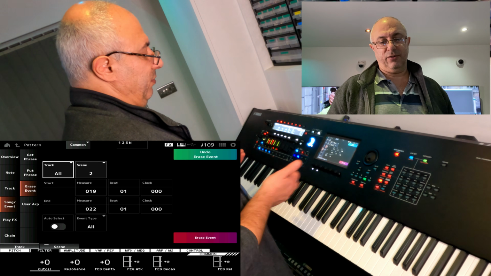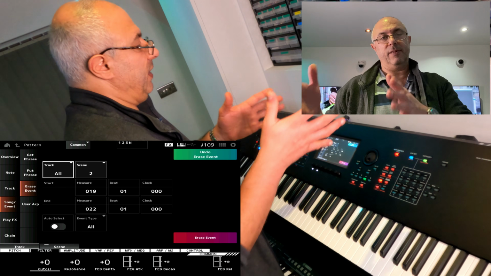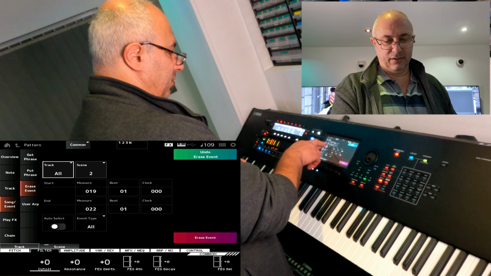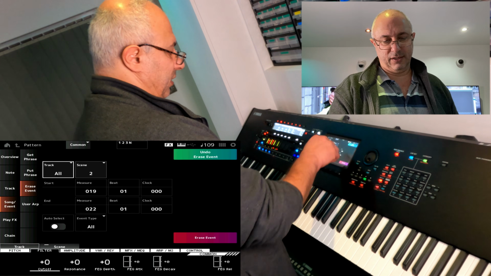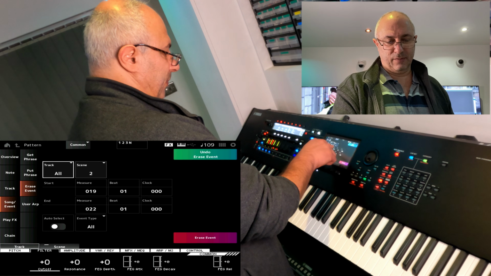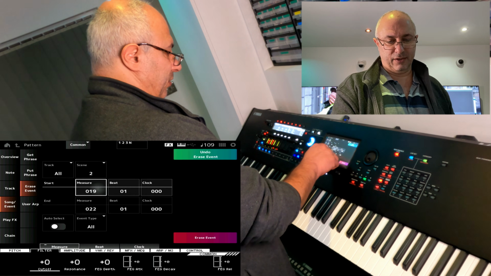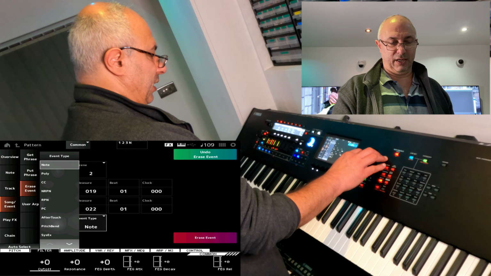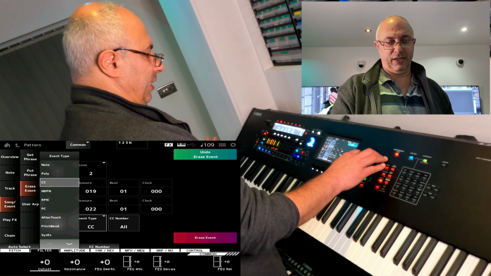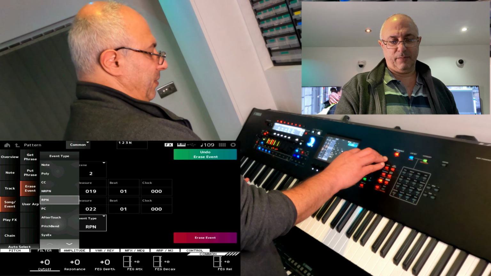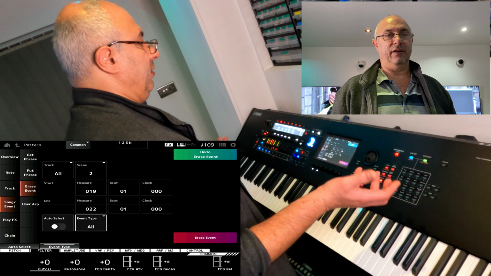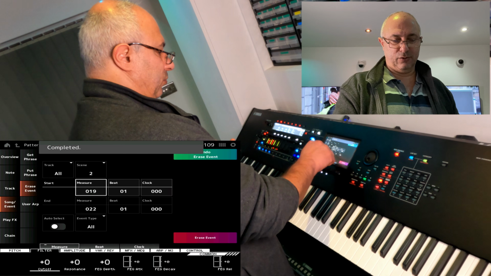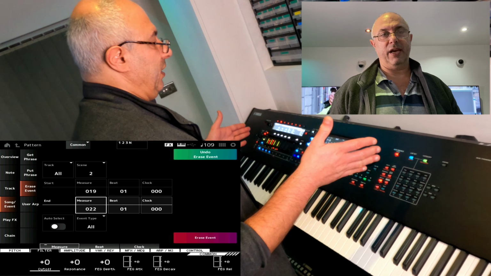So I couldn't find anything to say I want these blank, so I go to erase event. Erase event, I'd expect to say track all tracks on the scene, scene 2. So measure from 19 to 22, which we have here, measure from here to there, and all means everything, which includes notes, which is the one you play, polyphonic, CC, an RPM, whatever, the whole thing. So all in English means everything, all the above. So if I click erase event, I'd expect from 19 to 22 to be deleted, and I have a blank